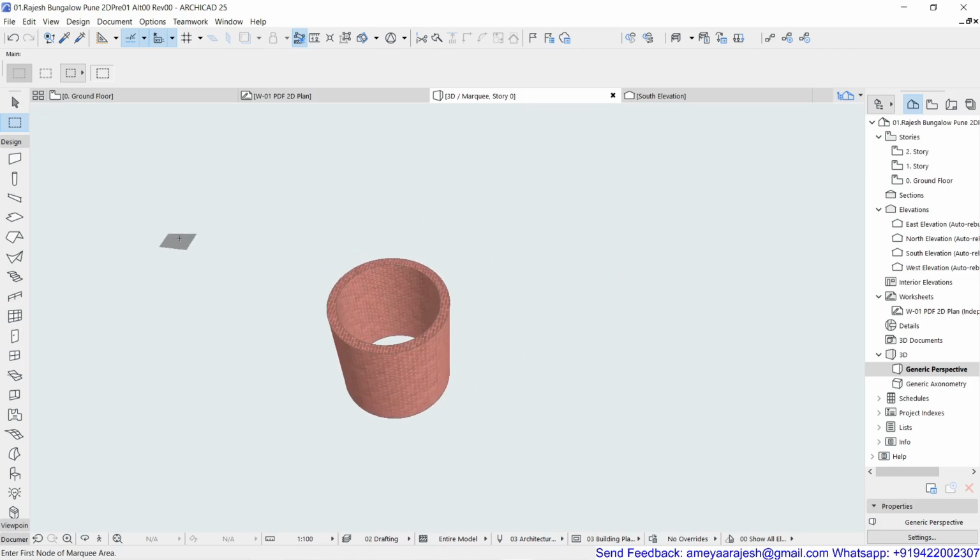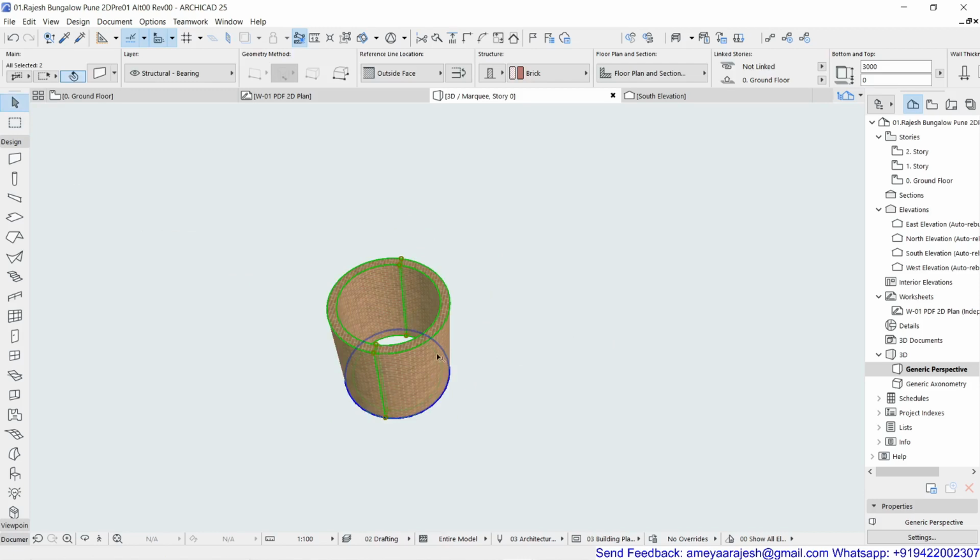Now, if you select this for some reason with the arrow tool, you will realize there are supposed to be two segments of arc. So it's not a single circle by default, because you can't draw only one circle as a wall. You have to draw that into two parts anyway, where the length of arc is not important. It's not compulsion that they should be equal, but you cannot have a single object by default.